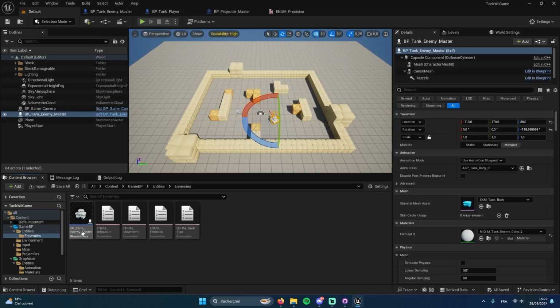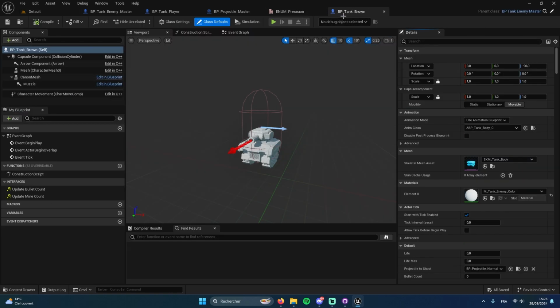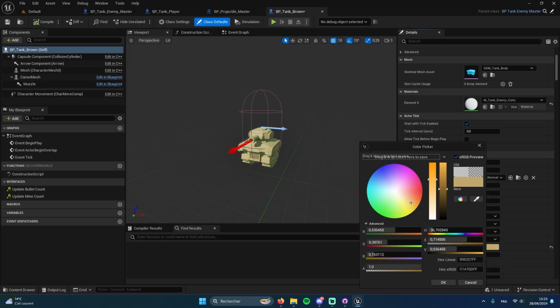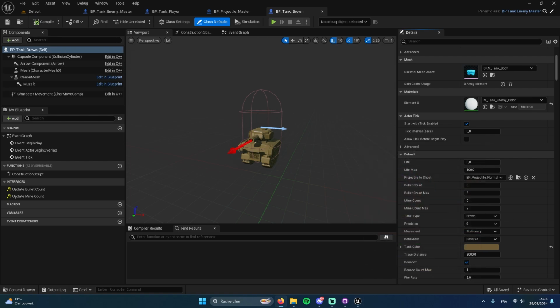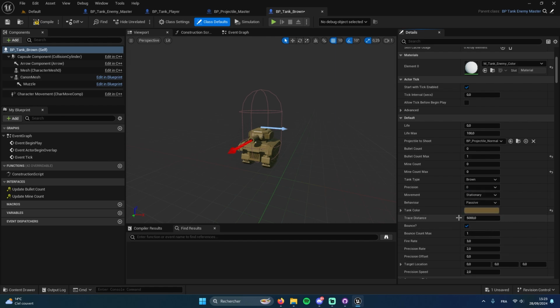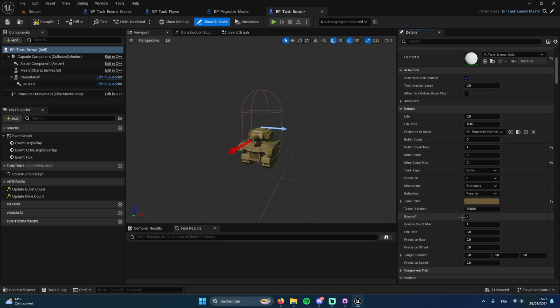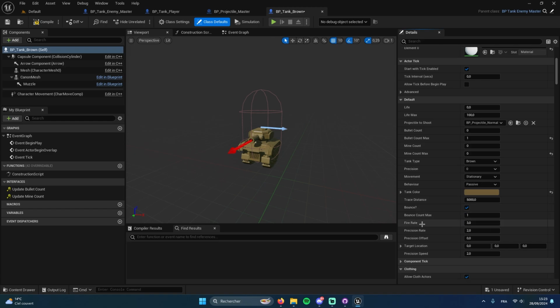We can try something. Go into it, create a child blueprint, call it BP tank brown, go into the tank brown. Into the tank brown, let's put a color kinda brown, like this. Let's put the values of the wiki. So he has only 1 bullet, he has no mine, he is brown, he has no precision, he is stationary, passive, brown color, trace distance, you don't touch, bounce, yes, it's bouncing only 1 time, with a fire rate really slow, so 3 is kinda good, a precision rate of 2, this is like you prefer,